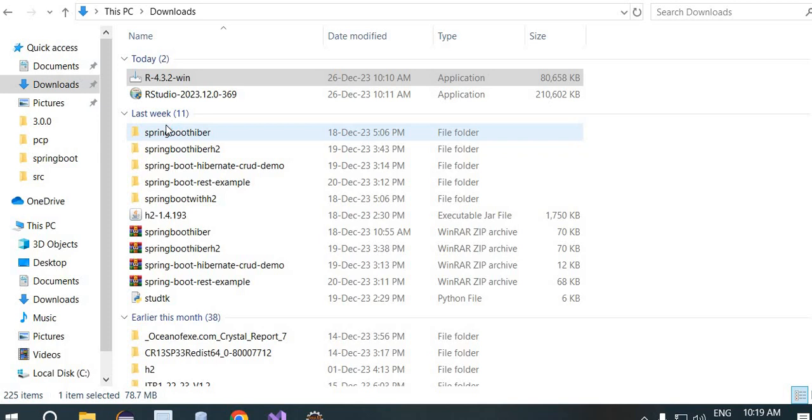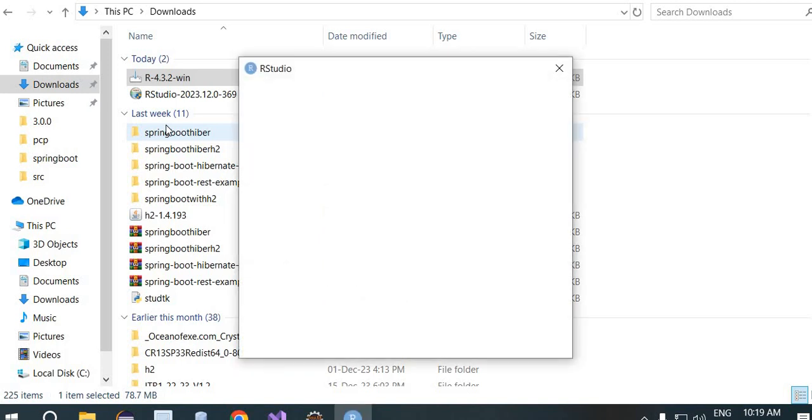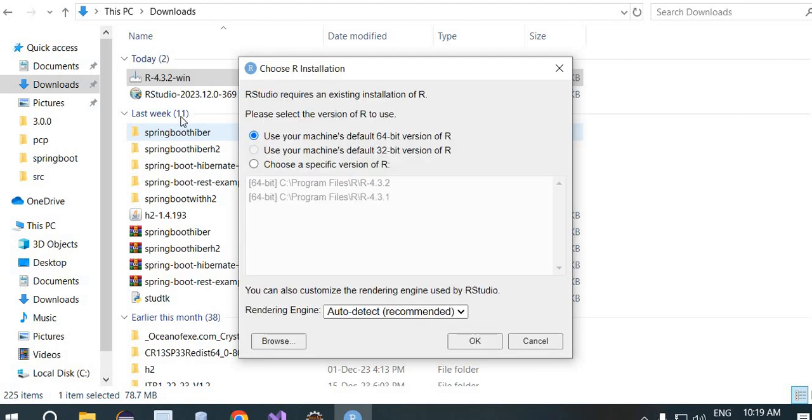Just wait, the screen is appearing. It takes a little time actually, just 1 minute, and it is asking for something here. Please select the version of R that you will use. So let it be, because you see 64 everywhere, so we can go with that. And here 1 or 2 has been given, 2 has been kept as the priority. So let it detect automatically. We will just say OK. Click on the OK button, and then